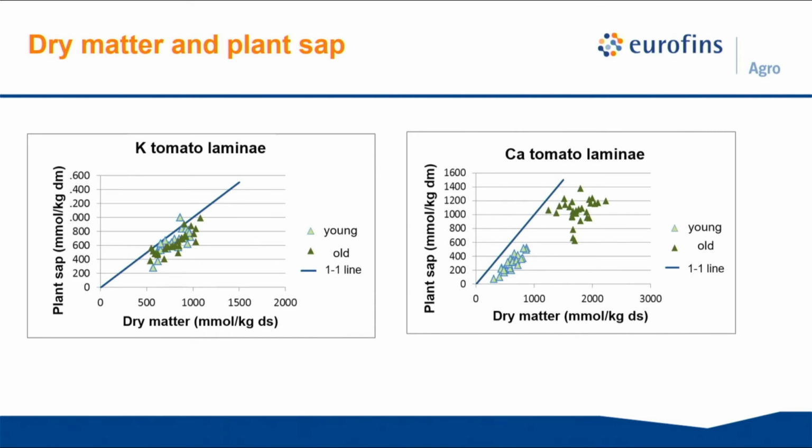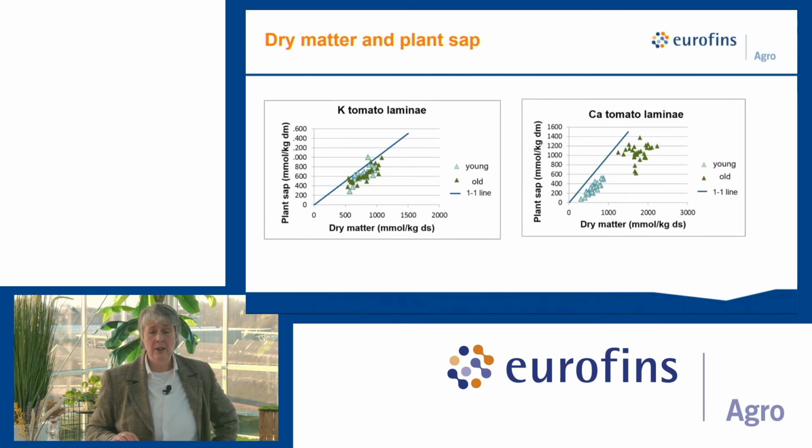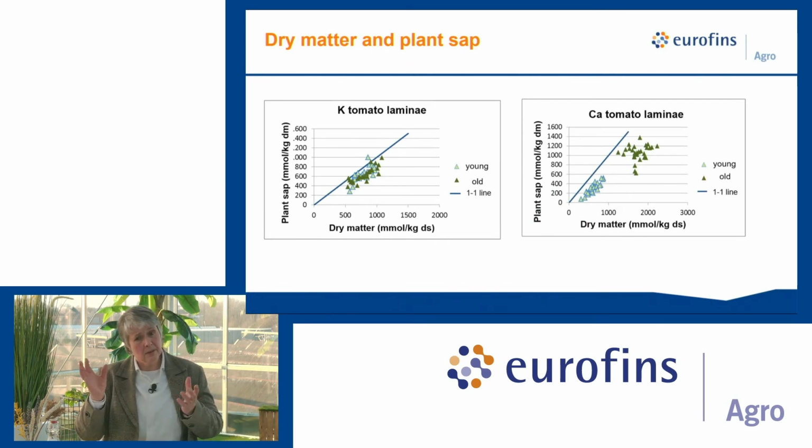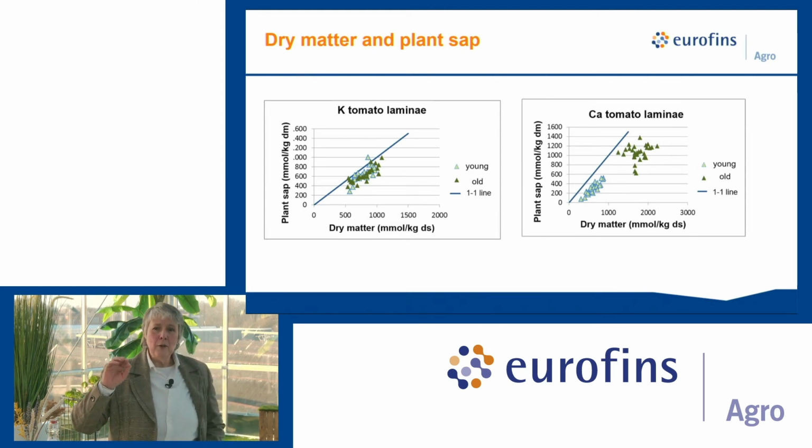What you see with the potassium is it's one big heap. The dry matter is almost similar to the plant sap. It's a very mobile nutrient. It's hardly built in, is what you can conclude. But you can also see there's no difference between old leaf and young leaf. It's a big mess. Not a big mess, it's mixed up, let's say it that way. Sounds better. If you look at the calcium,